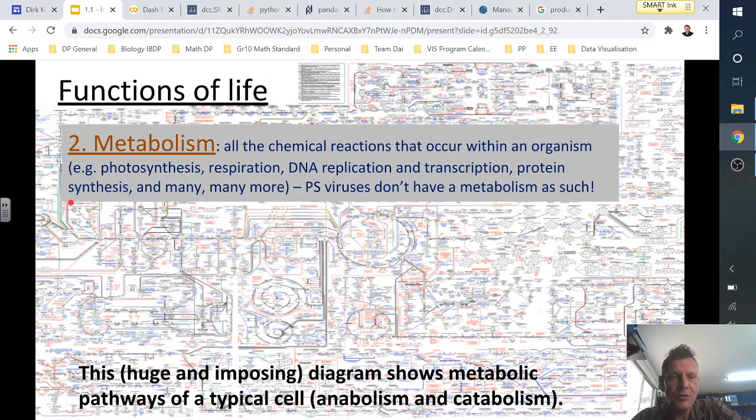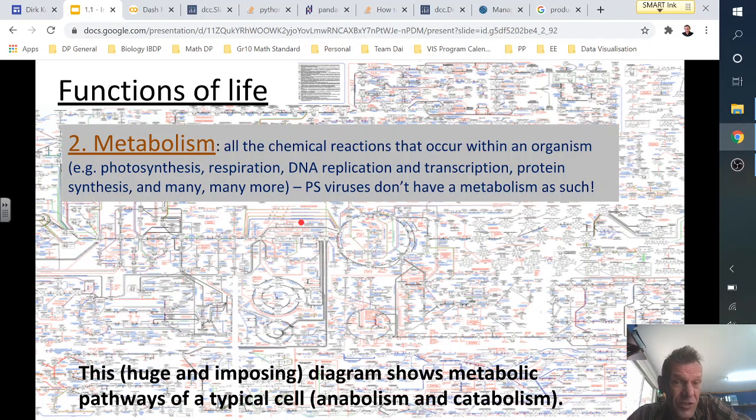Metabolism, the second function of life. The metabolism refers to all of the reactions that take place in your cells, in all your bodily cells. In every cell, basically, there's an enormous amount of reactions taking place, and we'll look in more depth into some of them, like for instance photosynthesis, respiration, which is the creation of ATP, the energy molecule in your cells, but